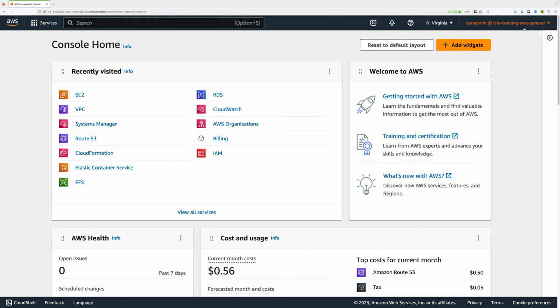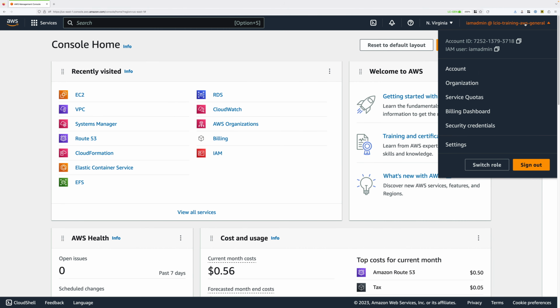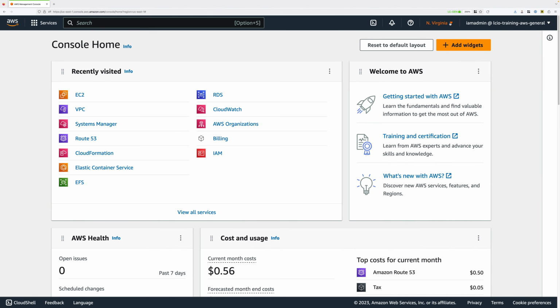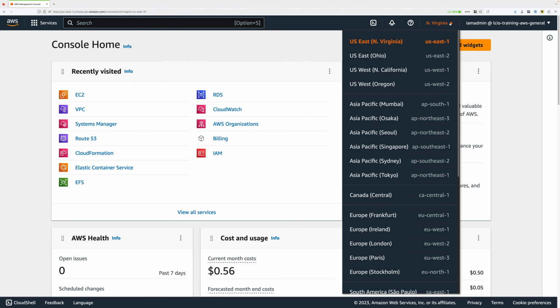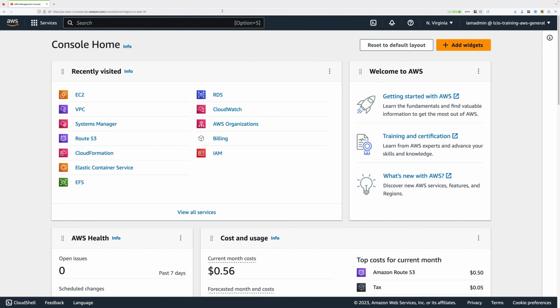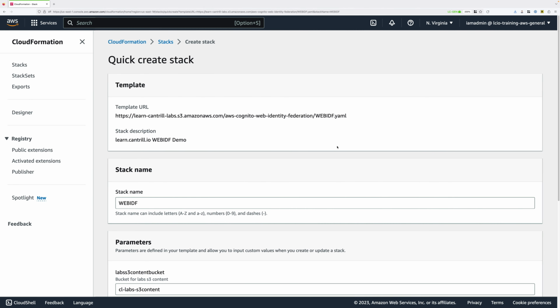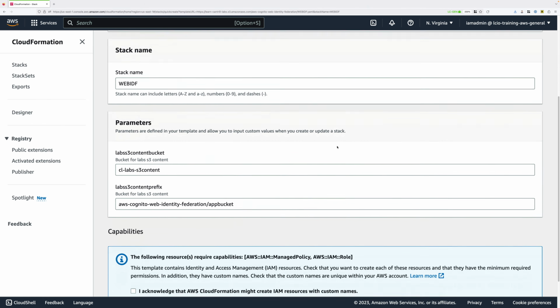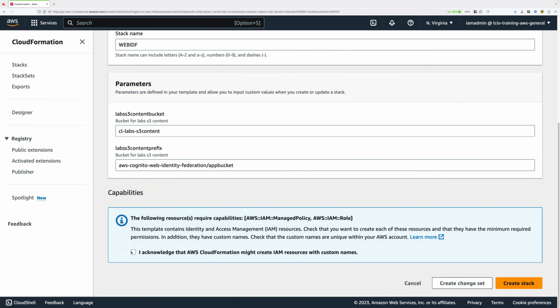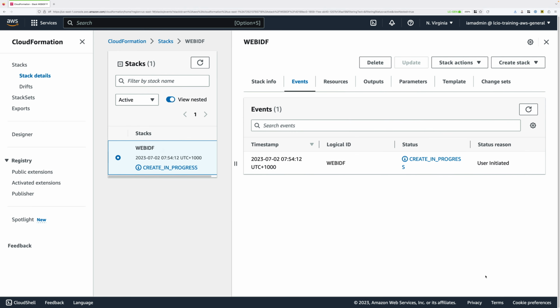You'll need to be logged in to an AWS account with admin permissions and make sure that you have the Northern Virginia region selected. Now once that's done, there's a link attached to this lesson for a one-click deployment. So go ahead and click that link. That's going to move you to the Quick Create Stack screen. Everything should be pre-populated. All you'll need to do is scroll down to the bottom, check the capabilities box, and then click on Create Stack. Now that's going to take a few minutes to create, and while that's happening, let's talk about architecture.